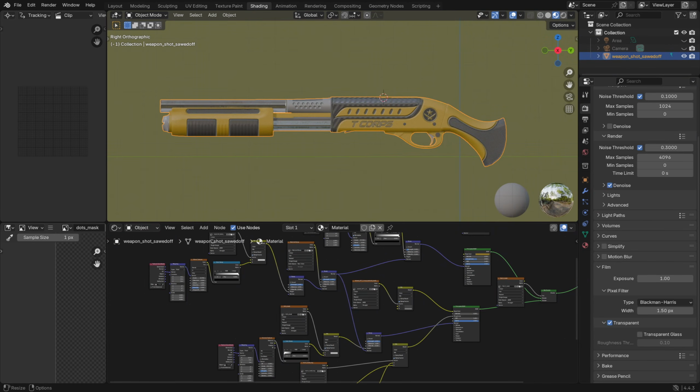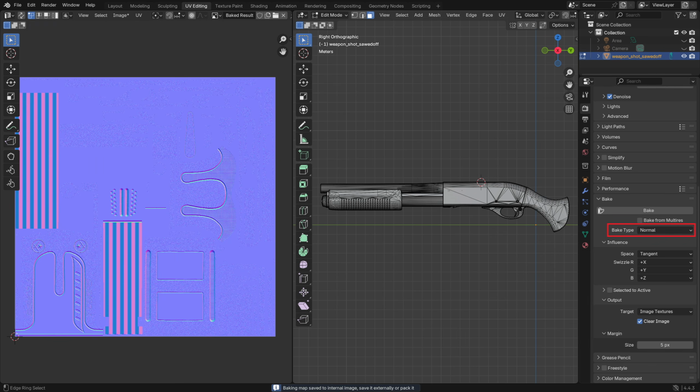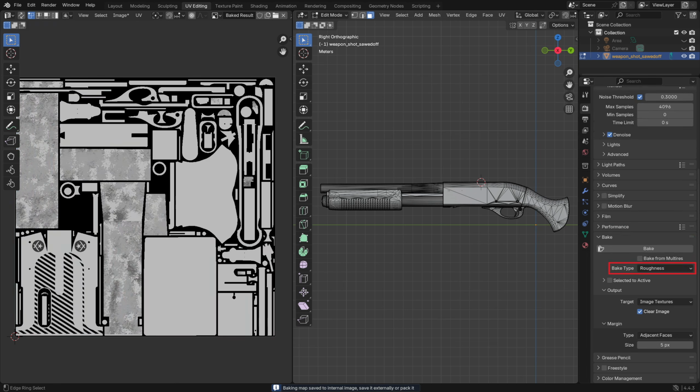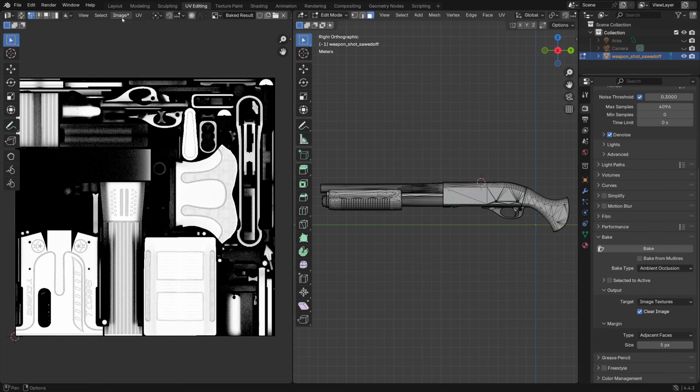Create the texture of your skin, then bake the albedo map, which in Blender is done with the diffuse option with only the color checkbox checked. Then bake the normal map, which defines the geometry of the texture, the roughness map, which defines how rough or shiny the texture is, and the AO map, which defines how the texture reacts to ambient lighting, and save them